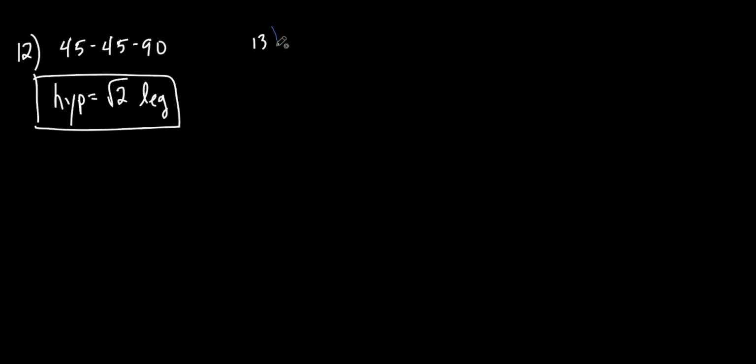All right, 13 is a 30, 60, 90 triangle. Now there's two things to know about a 30, 60, 90. And they both relate to the short side. Okay, so let's do the hypotenuse first. That's the easiest one, I think. So the hypotenuse,